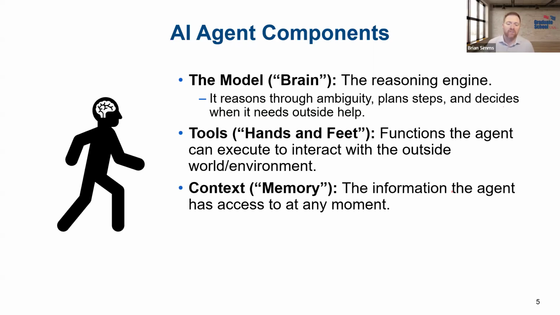An AI agent will have context. So this is, again, in keeping with our human analogy, kind of like having a memory, right? This is the information that your agent can get access to at any moment, like we talked about, being able to see what information has previously been entered about Brian in some database. And the management of this context is a whole different thing that we're not going to talk about a whole lot today. We talk about it more in the class, but that's something called context engineering.